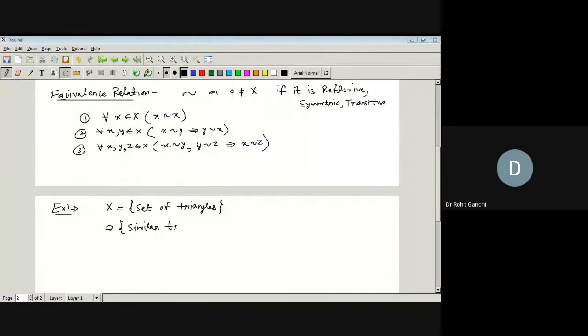Similar triangles. Similar का मतलब आपको पता ही है, right? दो triangles आपस में similar हैं, just like congruence. Congruence में क्या होता है, हमारे पास दो triangles congruent तब होती हैं जब वो same shape और same size की हो, right? And we will call them similar जब उनकी corresponding sides का जो ratio है वो हमारे पास same है.